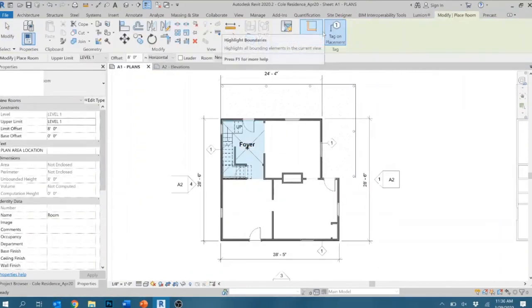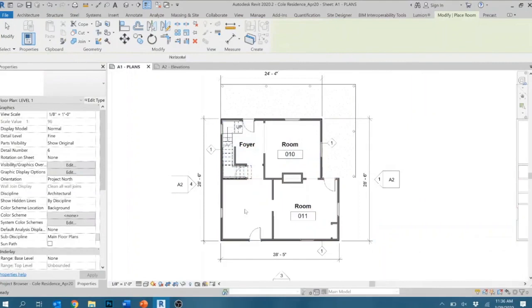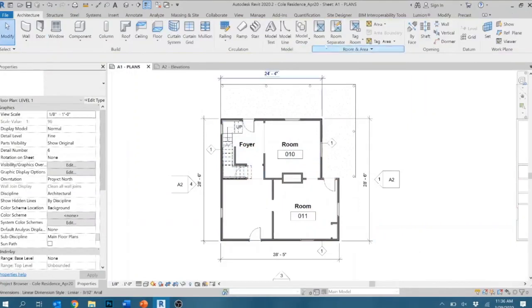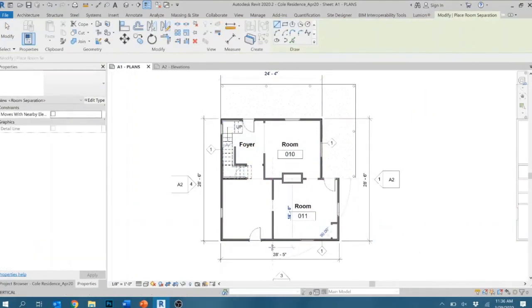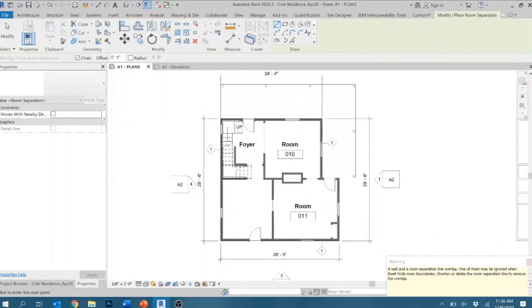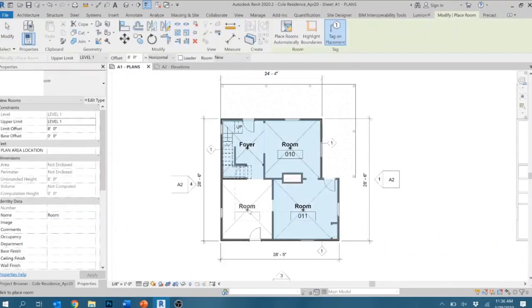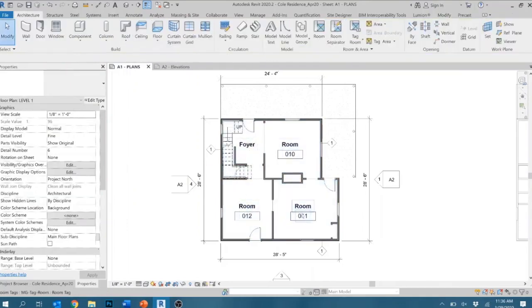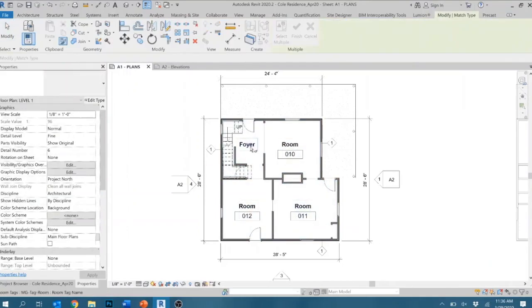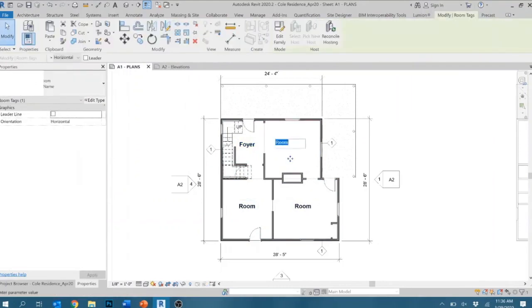Let's hit the room tag under Architecture to continue. My room. Must not have separated that one properly. I want to match the tags. I can MA for match. And then